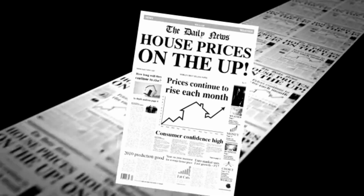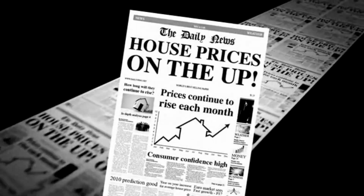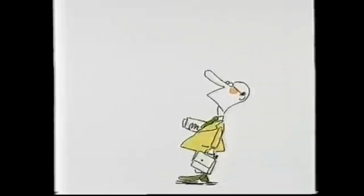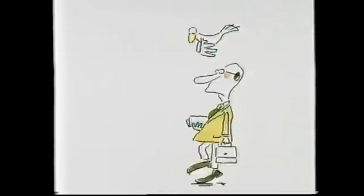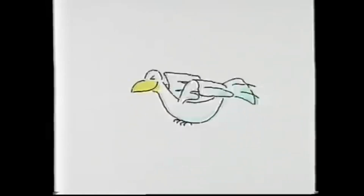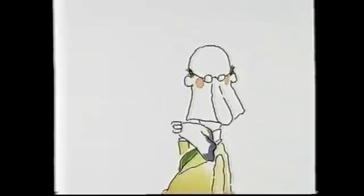Sometimes these deceptions cross the line from creative license to actual fraud, and companies end up paying big time. Red Bull doesn't give you wings. Red Bull's famous slogan cost them $13 million in a class action settlement. Turns out, drinking sugar and caffeine doesn't actually make you sprout wings, or even significantly improve physical or mental performance,